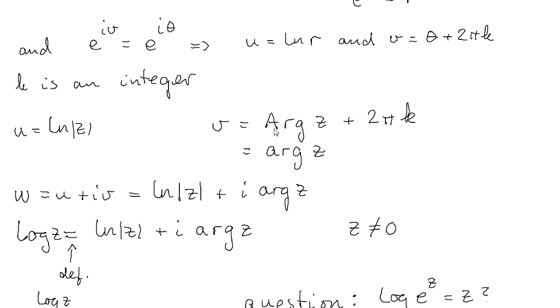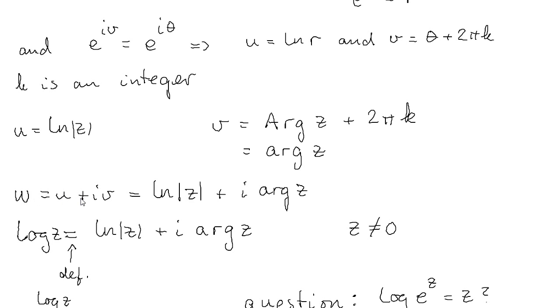Recall that when we are dealing with the principal argument value, we use capital A. So when we are adding an integer multiple of 2 pi arbitrarily, we obtain the argument value with small a. So summing up, we obtain that this logarithm, which was the solution of the equation, and we call it w, is equal to